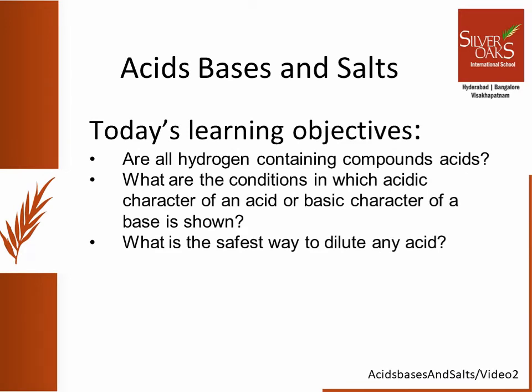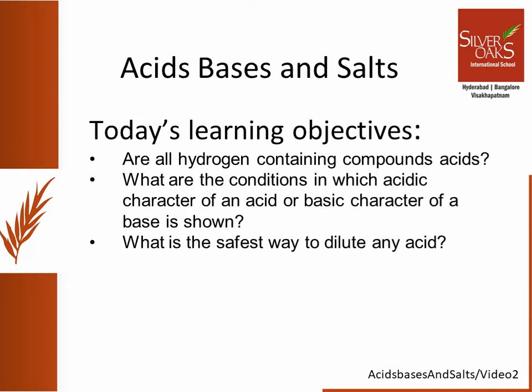Today we are going to learn about whether all hydrogen containing compounds are acids or not. We come across so many different examples of hydrogen containing compounds, like glucose. It is C6H12O6. There are 12 atoms of hydrogen in it. Like alcohol, it is C2H5OH. There are 6 atoms of hydrogen in alcohol. Whereas when we compare it with hydrochloric acid, it has only one atom, or sulfuric acid H2SO4 has 2 atoms. So can we state whether all hydrogen containing compounds are acids or not?